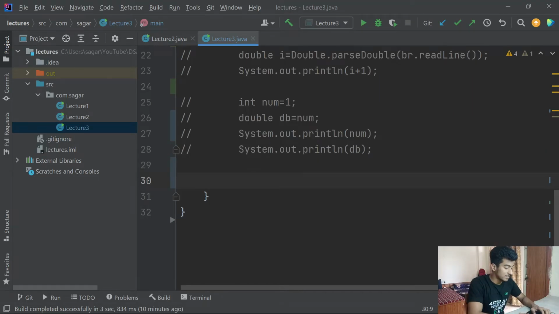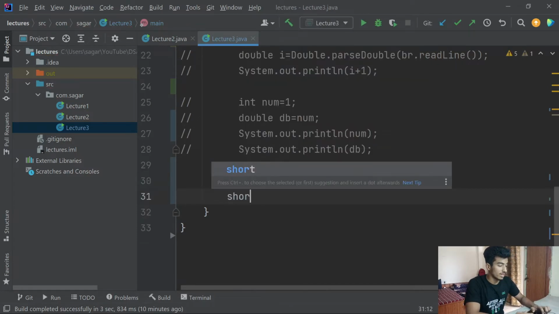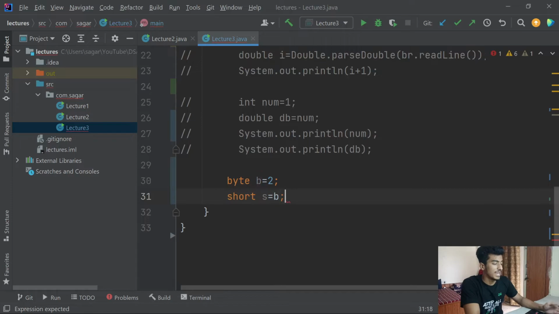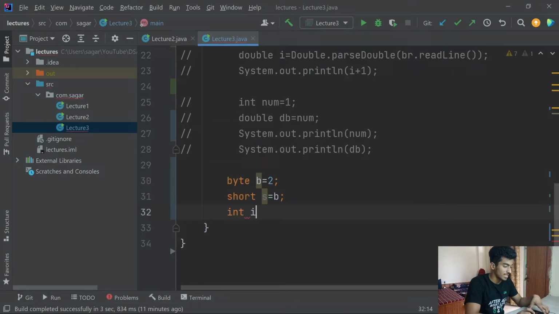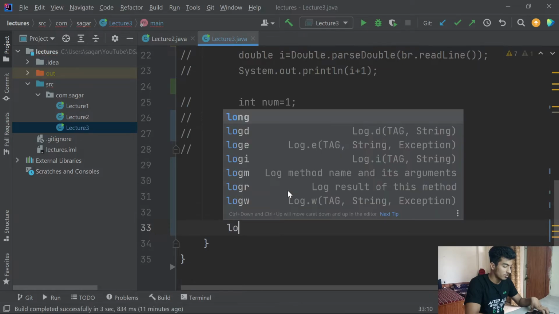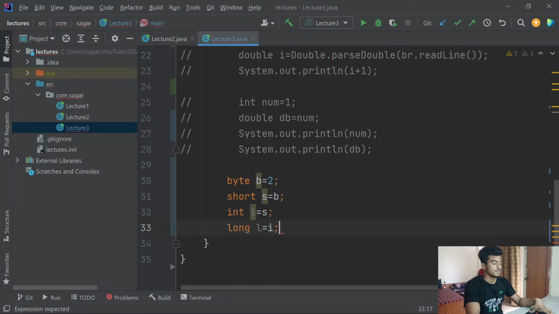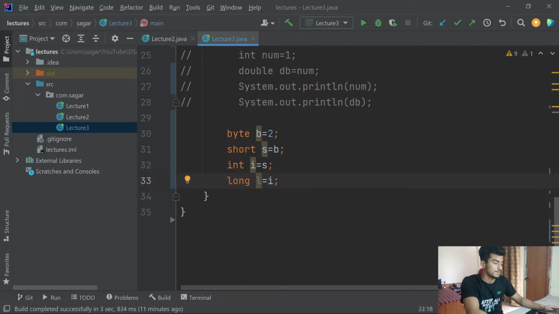So when I write byte b equals 2, I can write short s equals b. That means here the byte value is typecasted into short, and this is called widening or upcasting. And I can also write int i equals s and long l equals i. There is no error. So now let's talk about another type of typecasting, and that is called narrowing casting, downcasting